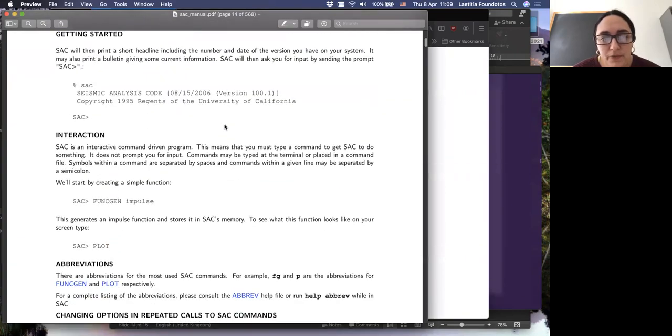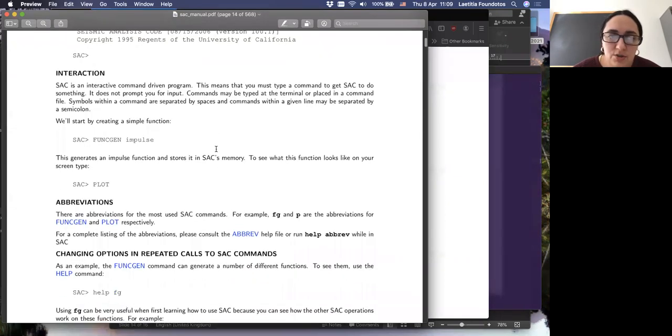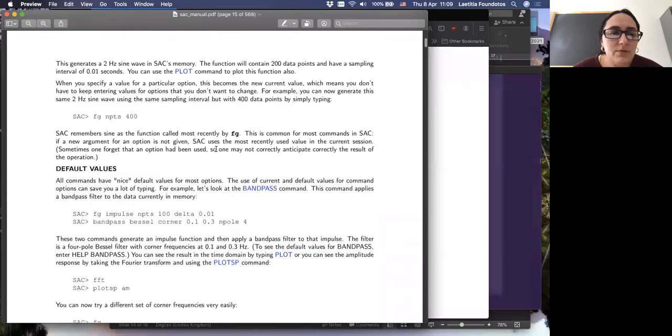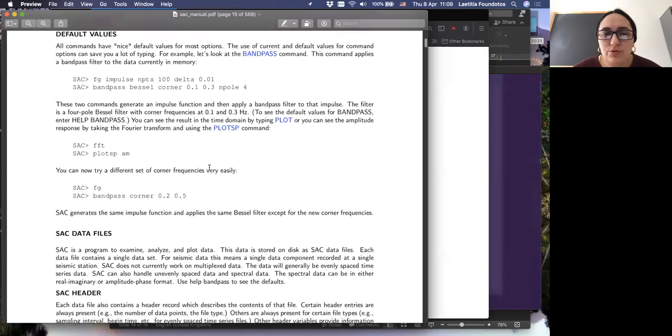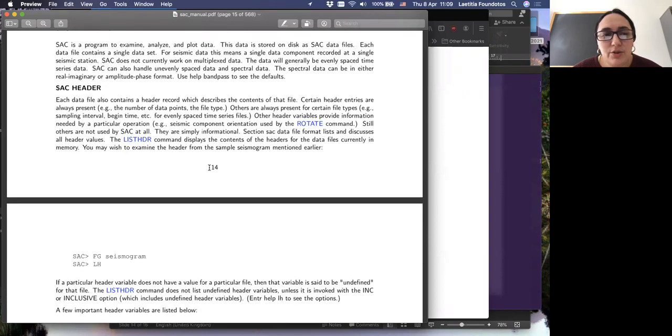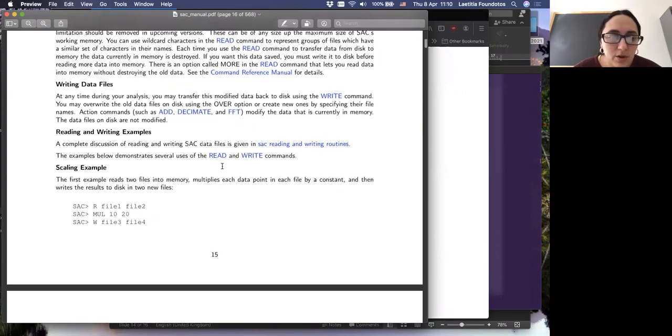This is both the name of a file format specific to this code, and also a code that you can use to plot your seismograms, but also to make some really useful things: you can filter, you can go from velocity to acceleration, and a lot of things.